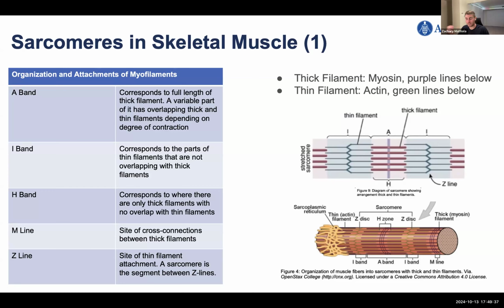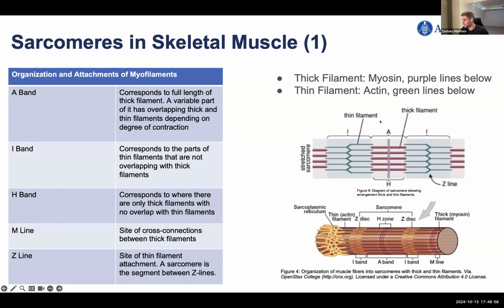And we can see this under a microscope when you're looking at a muscle contracting. That's, I think, how these zones were first thought of. And similarly with the I band, it's going to get smaller as more overlap occurs between the thick and the